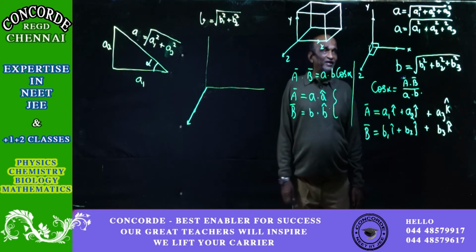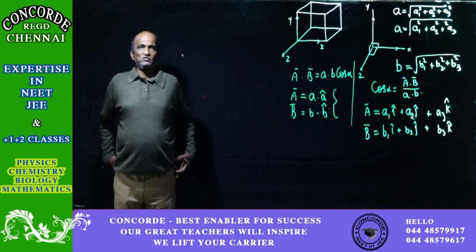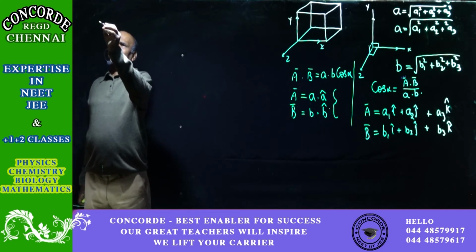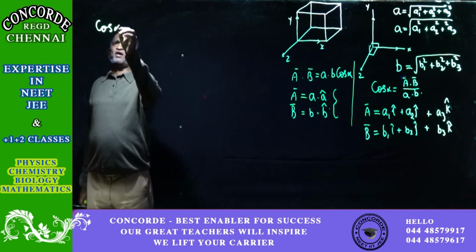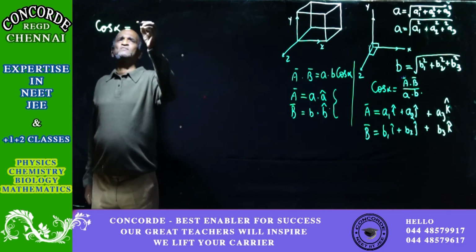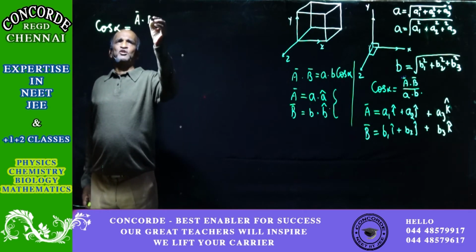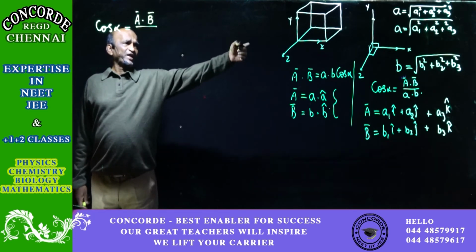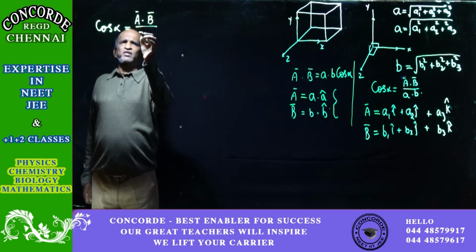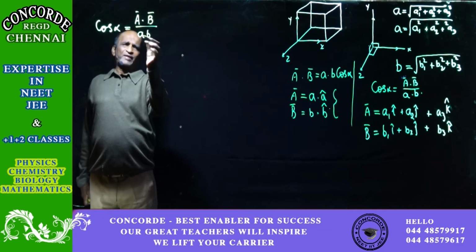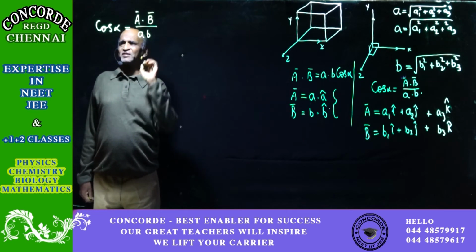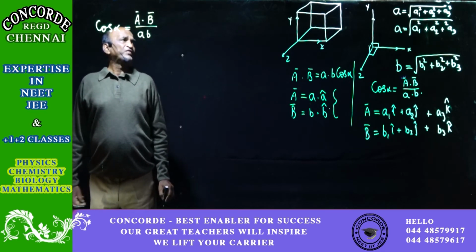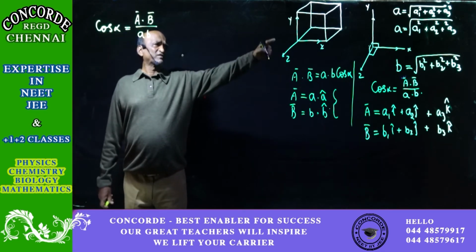For this, you will have to understand one more main point. Now, what we have seen was that cos alpha was equal to A bar dot B bar divided by AB. That AB only here we have shown it with small letters, but capital also doesn't matter. Whatever it is, it represents the magnitude. A or capital A, both will have equal representation. Then what is the value of A and B? We have already studied that.